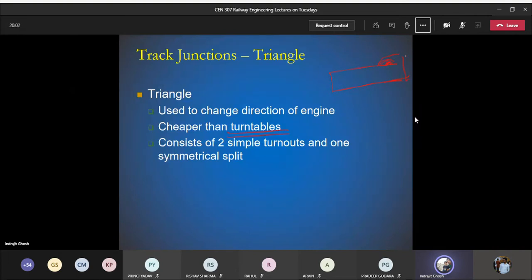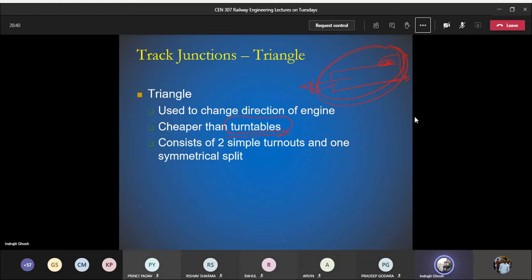So there are coaches, compartments behind it. Now when a train has reached the terminal station, the end station, for example, the train is coming from Delhi to Dehradun. After Dehradun, there is no railway station. So the train is going to come with the locomotive in the forward direction. Now when the train will go in the backward direction, because the same train may be used to take passengers from Dehradun to Delhi, how to rotate the engine? For that we had some kind of setup which is known as a turntable.